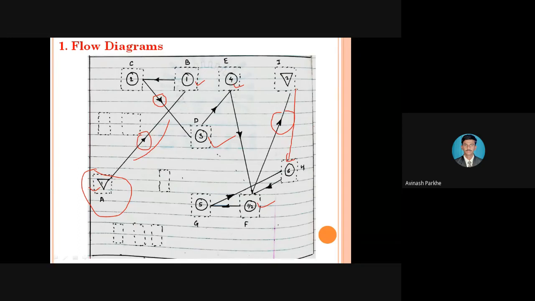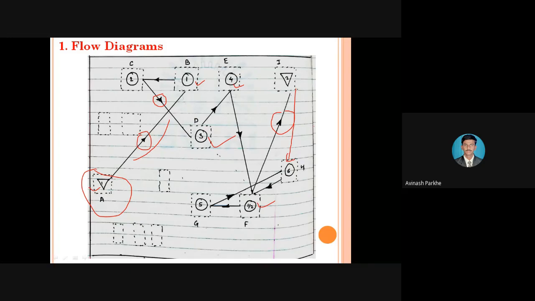Those movements are also recorded, and through this diagram, if you get some unnecessary operations, some backtrackings, or some maximum distance which is to be traveled by that particular man or by that particular product, we can identify that maximum distance. Afterwards we can modify that process, and whatever the maximum distances are there, we can eliminate them.